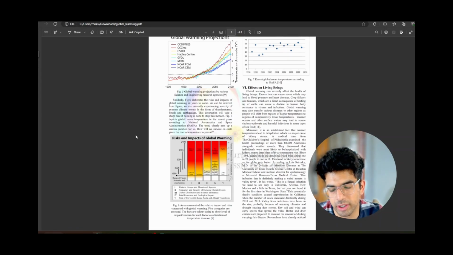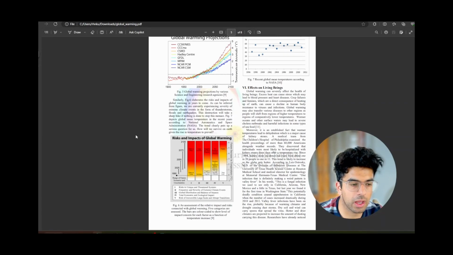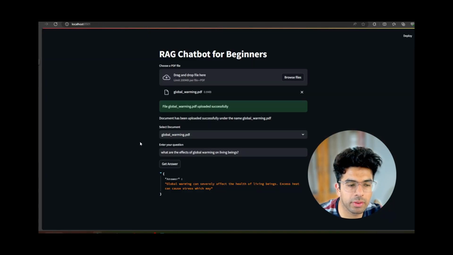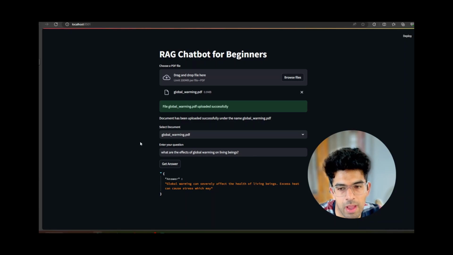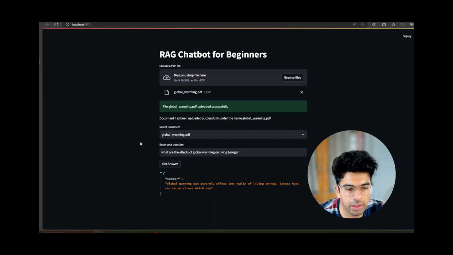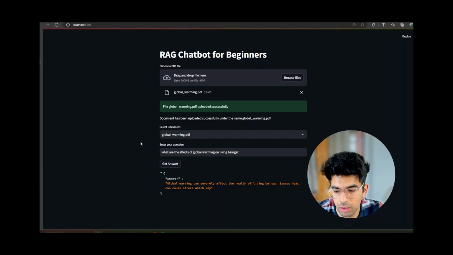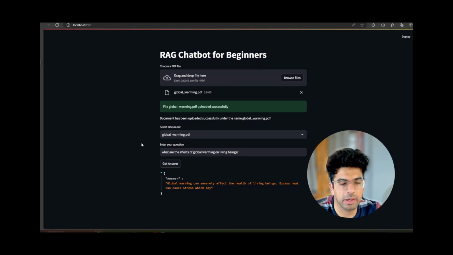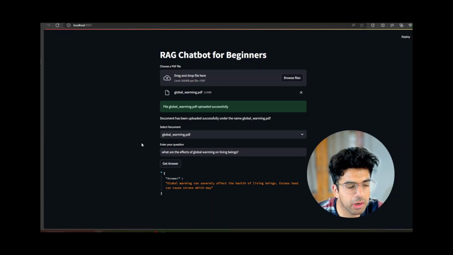But there are certain limitations which I spoke about earlier in the basic RAG application, which is that sometimes we might not get the most relevant answer, which has a few reasons. Like the query cannot be matched with the relevant context, even though the query has that meaning. So, we need to parse the query again before we send it to match with the context in the vector database. And also, after we get the context from the vector database, we need to re-rank the context, because sometimes the topmost context might not be the most relevant to the query. So, we will cover that in the next video.